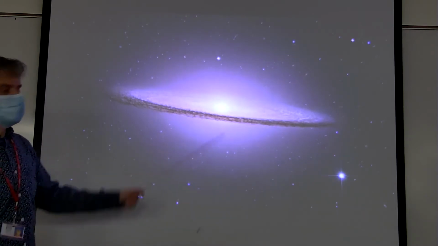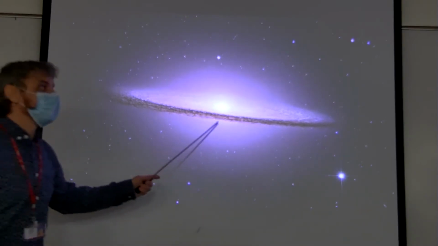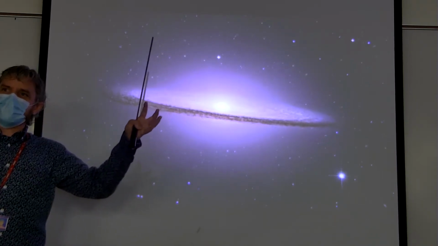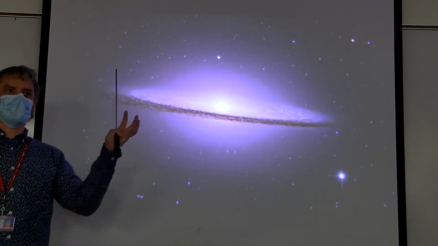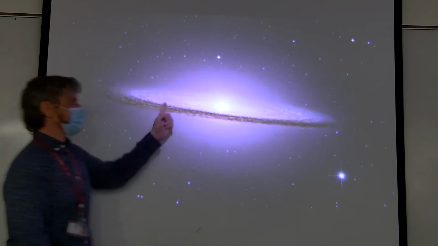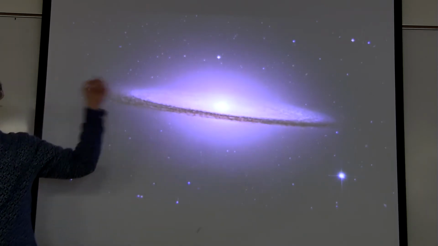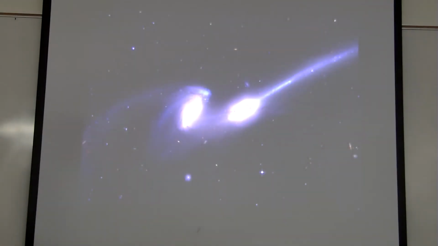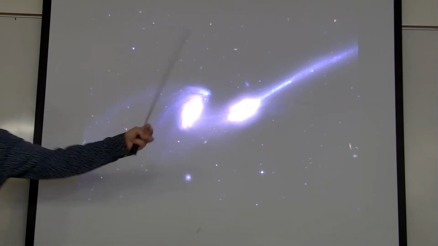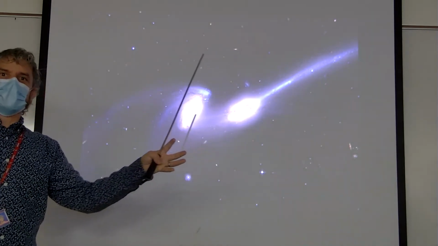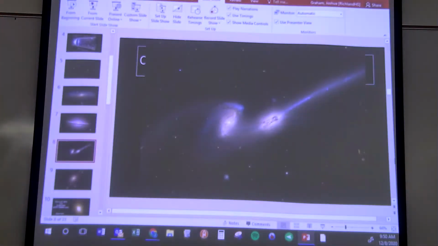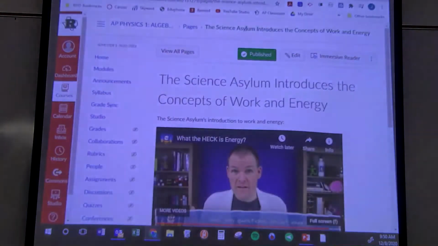And here's the Sombrero Galaxy. It's pretty. These stars are just chilling out there, but then they start taking that gravitational potential energy and converting it to kinetic energy. And so now these giant galaxies, all the stars orbit the central black hole at the center, and they have a lot of kinetic energy that they derive from that initial gravitational potential energy. Sometimes galaxies can take that gravitational potential energy and convert it to kinetic energy as they come in and collide. And one of my favorite videos...